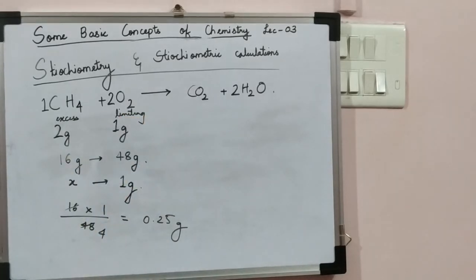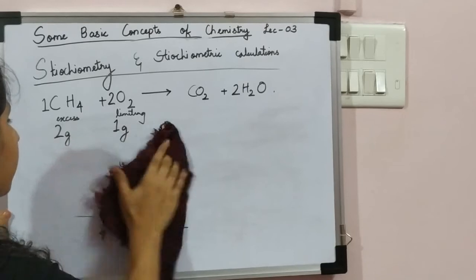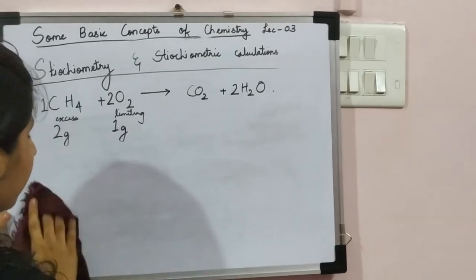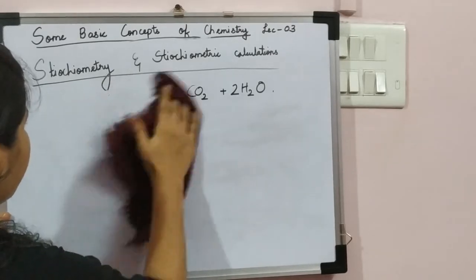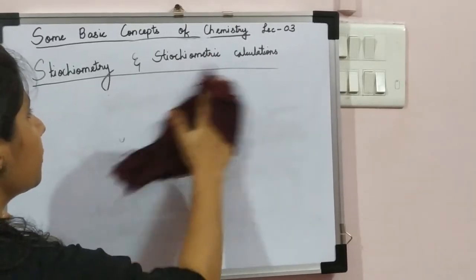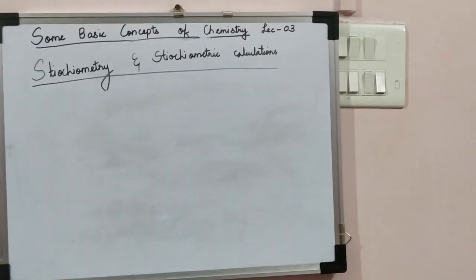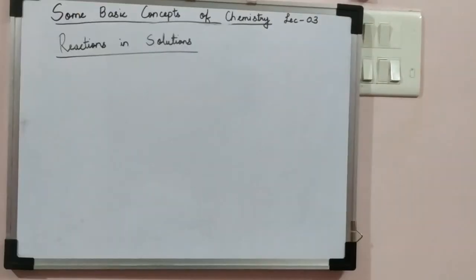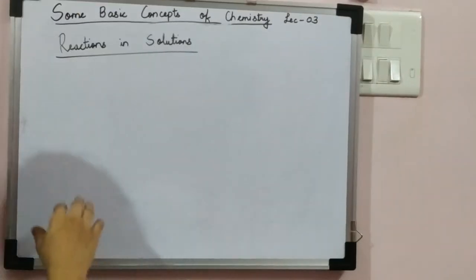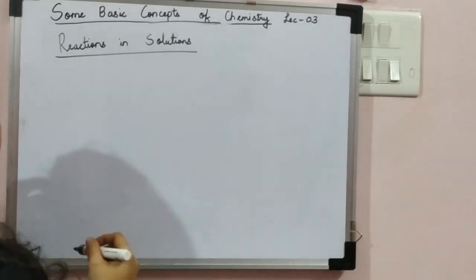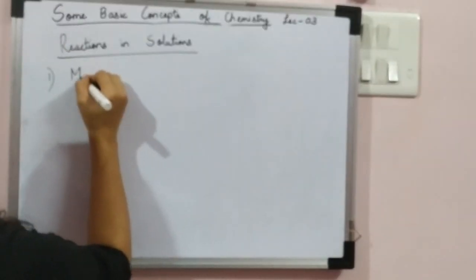The last part that we will learn is the reaction in solutions. Now there are basic formulas which we also learn in the solutions chapter. But there are questions that are asked from this chapter in terms of solutions. So to clear this out, we will also do a few formulas. So the next thing that we will learn is reaction in solutions. To understand stoichiometry and stoichiometric relationships, we should know how solutions are measured, like how the concentrations are measured. Now the first way is using the mass percentage.